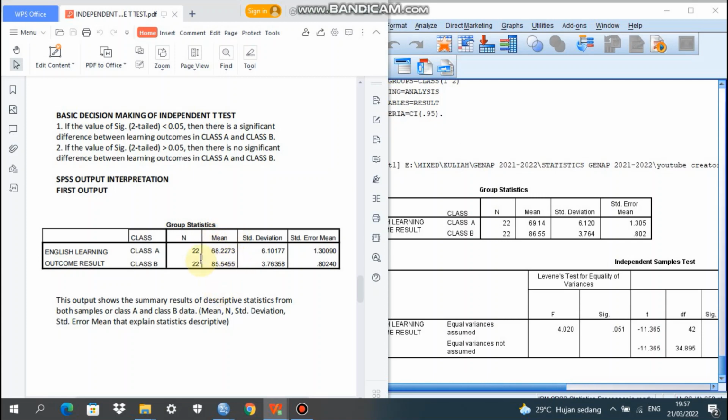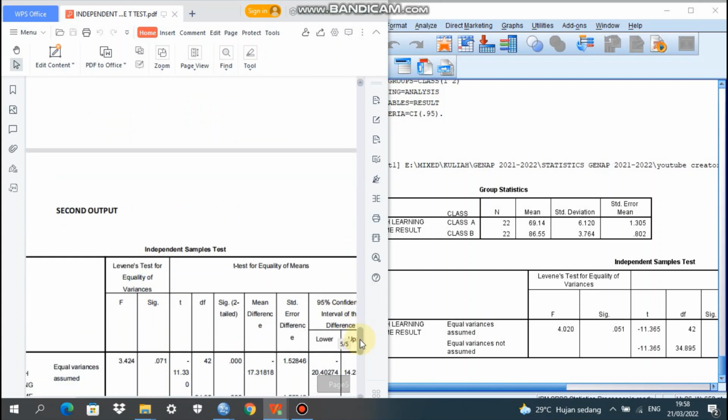The mean for Class B with 22 participants is 85.5455. The standard deviation for Class A is 6.10177, and for Class B 3.76358. The standard error mean for Class A is 1.30090, and for Class B 0.80240. That's the first output.